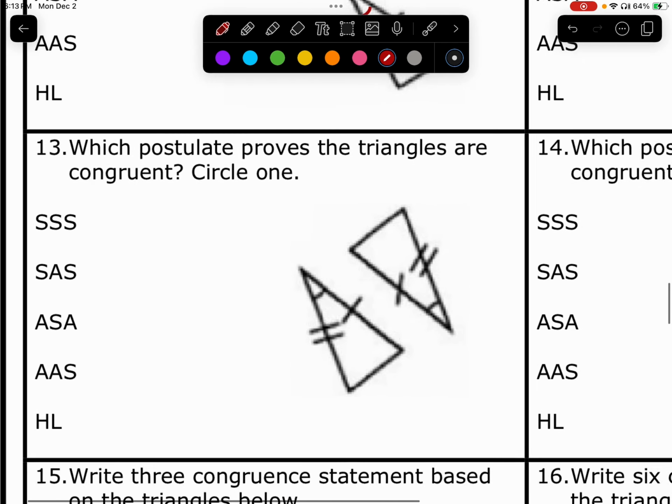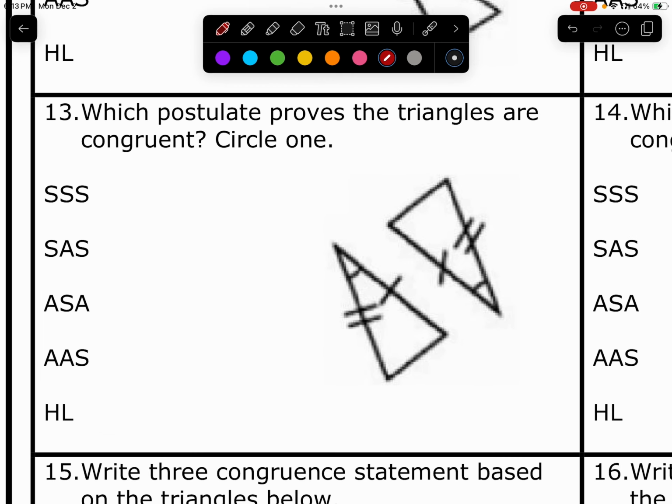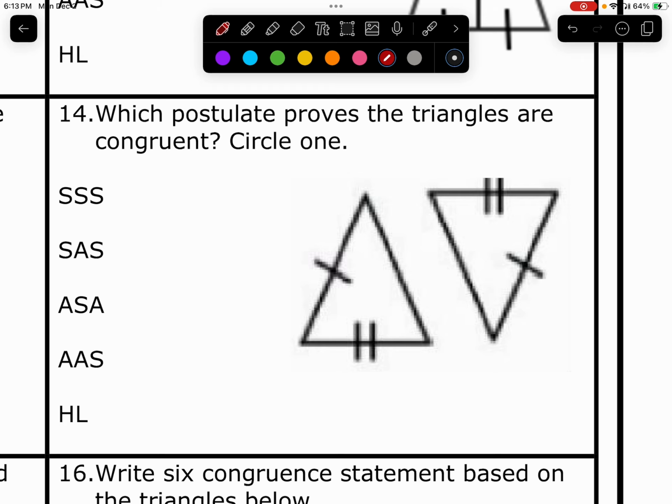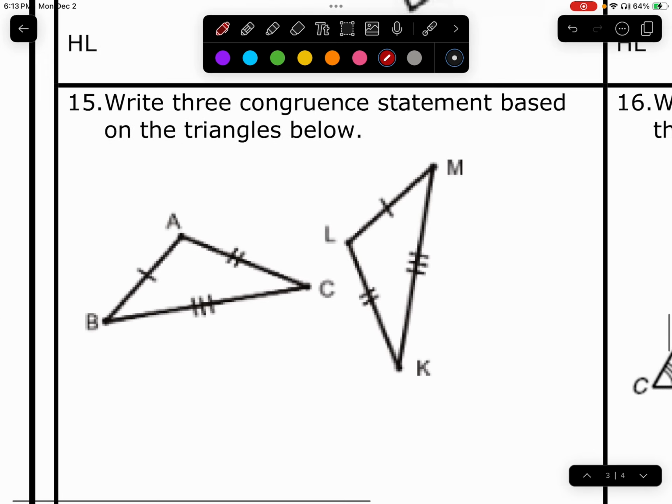Number 13, which postulate proves the triangles are congruent? Circle one. Again, we have side, angle, side. Go ahead and try number 14. Number 15, write three congruent statements based on the triangles below. Please do not forget